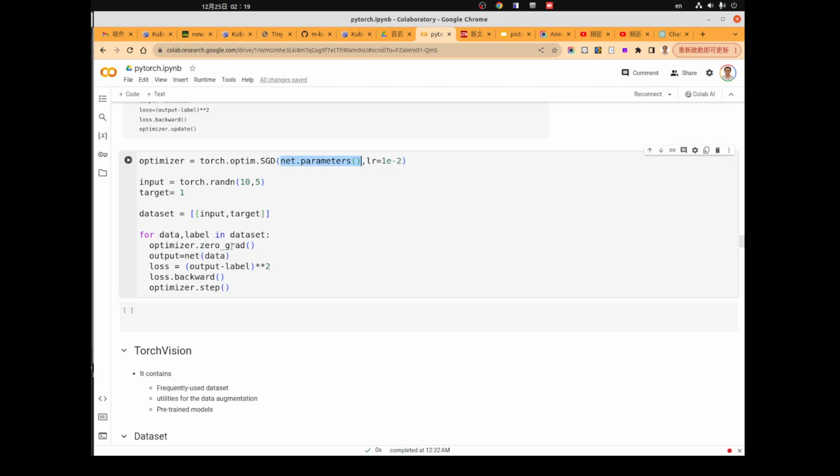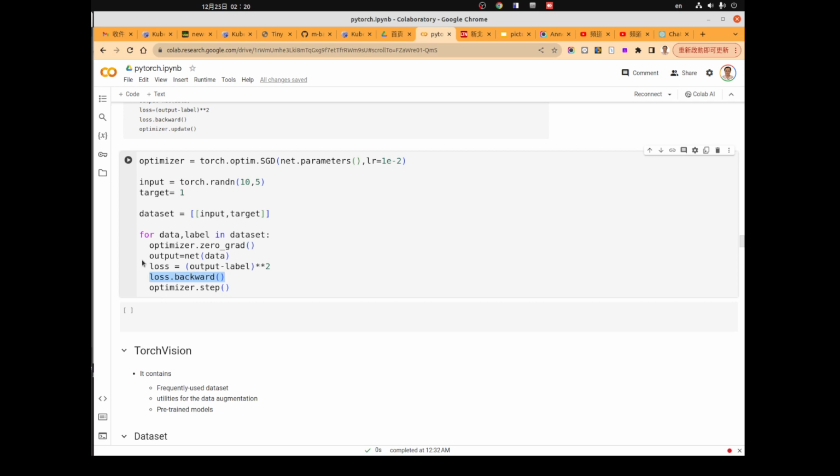So that in the backward function, which is where the backpropagation is implemented, it will go backward through the computational graph to update the grad variable of every parameter to be the gradient with respect to the parameters.